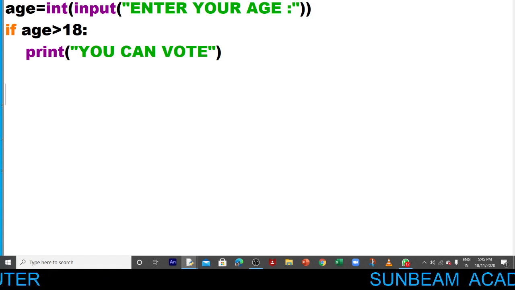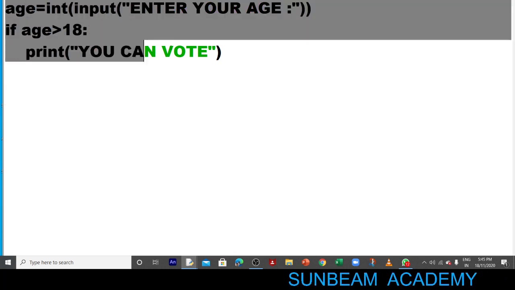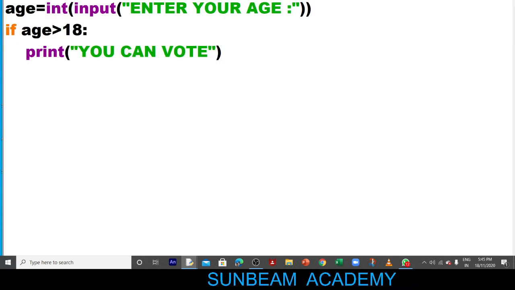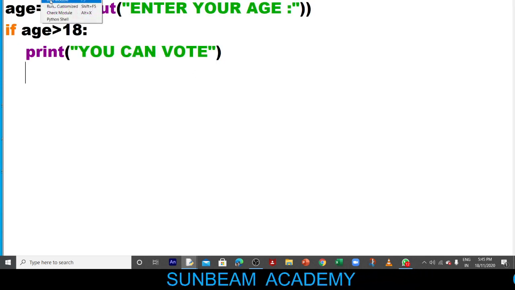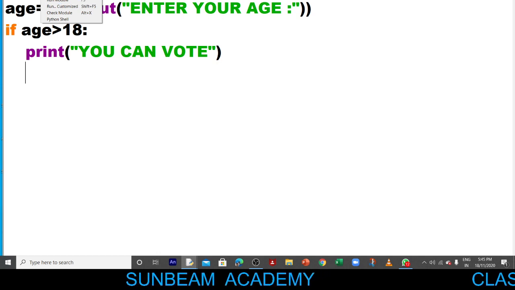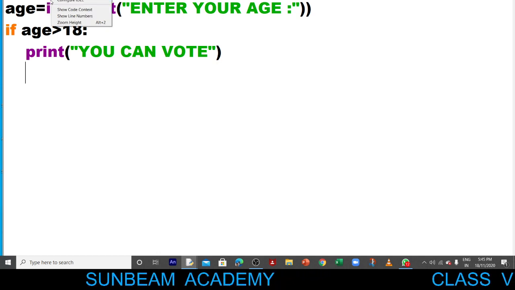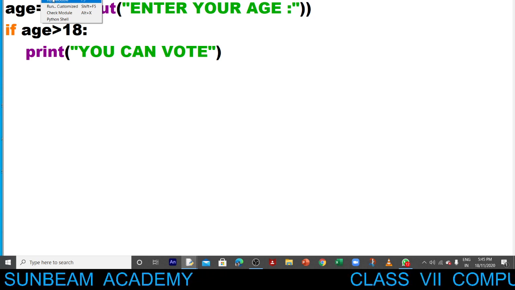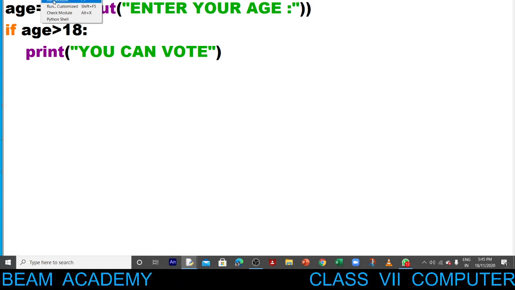Now if I want to see the output, I have written 3 lines in Python. So what will be the output? Click on Run and then select Run Module, or directly you can press the F5 function key. See the shortcut F5.